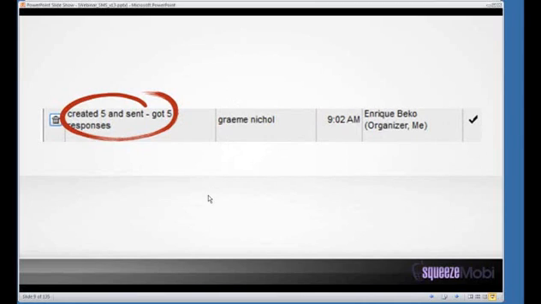I took a screenshot, but Graham said he created 5, and I hope I understood this correctly, sent and got 5 responses, which blew my mind. And I see a couple of other people saying that they have implemented it. Noah says, I've picked up 3 new clients with it so far. I'm in the process right now. We sent out the first Friday.